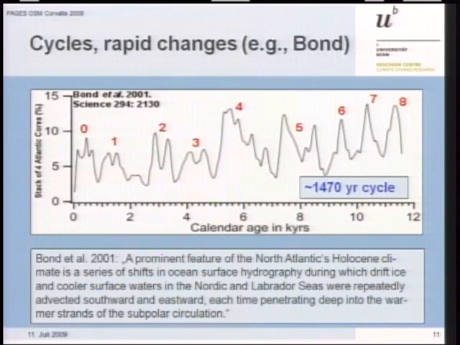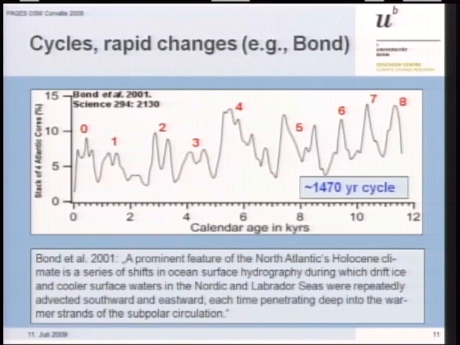If we are looking at this figure, showing the Bond cycles, I think these papers by Bond in 1997 and 2001 made quite a career later on, because many started to believe in Bond cycles, even in very remote areas of the world. And the hope of Jared, I remember when I had a walk with him at the south coast of Iceland once, was really to find a common process behind the whole bunch of Holocene cycles.